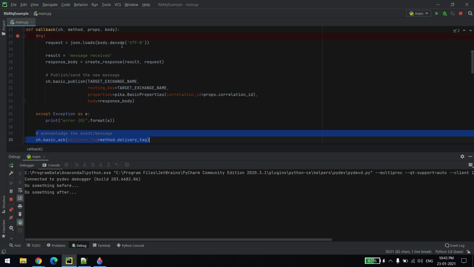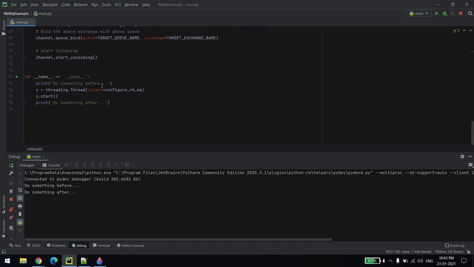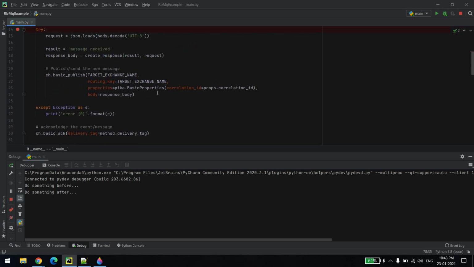I'll put a debugger also. There is one more thing I forgot to explain, which is over here. The application is not made just to receive and send events. Your application will be doing something else also. Since it's in async mode, in my case, I created a separate thread for this RabbitMQ stuff. If you want to do something before, you can do it over here. I created a method which is responsible for sending and receiving the events. That's it, and after that I'm just printing. In your case, you can do something else, that is why I'm saying before and after. All right, and then I put a debugger over here, you can see.